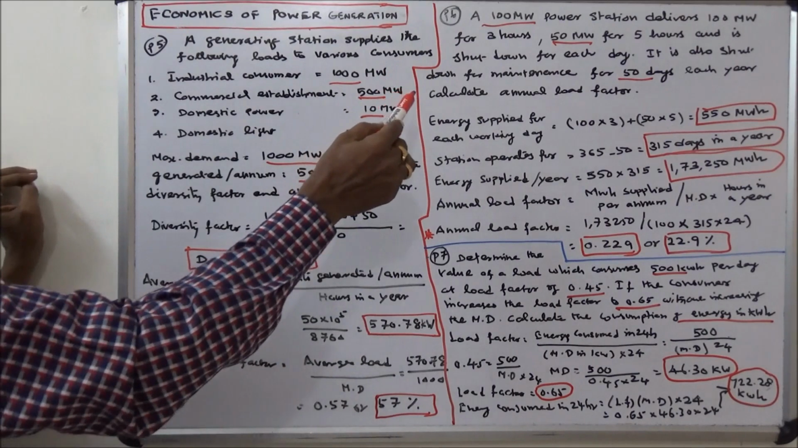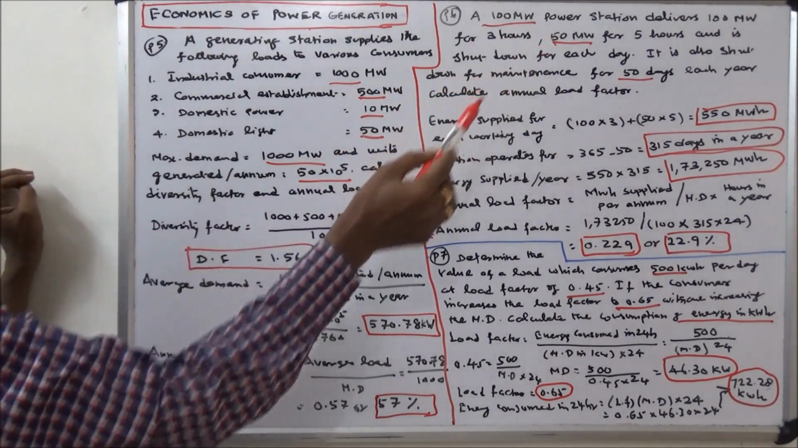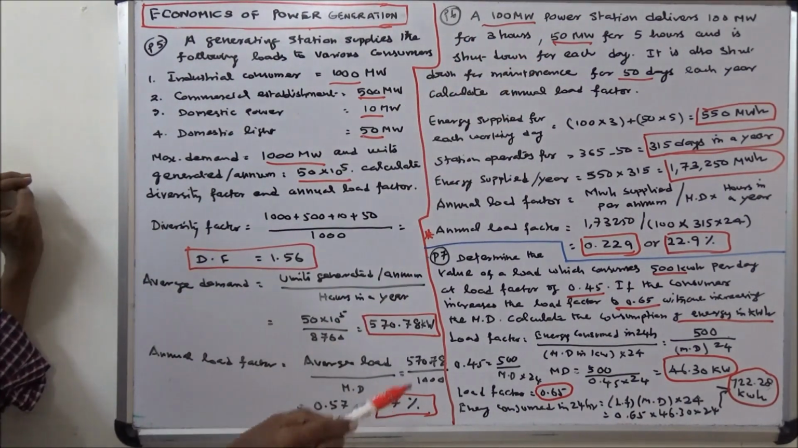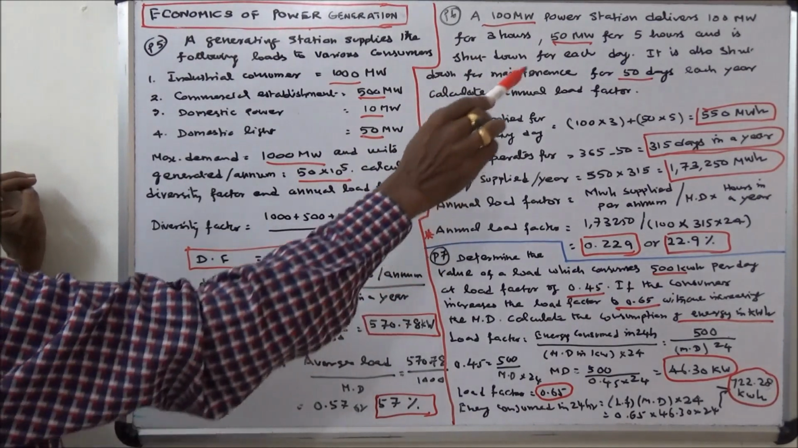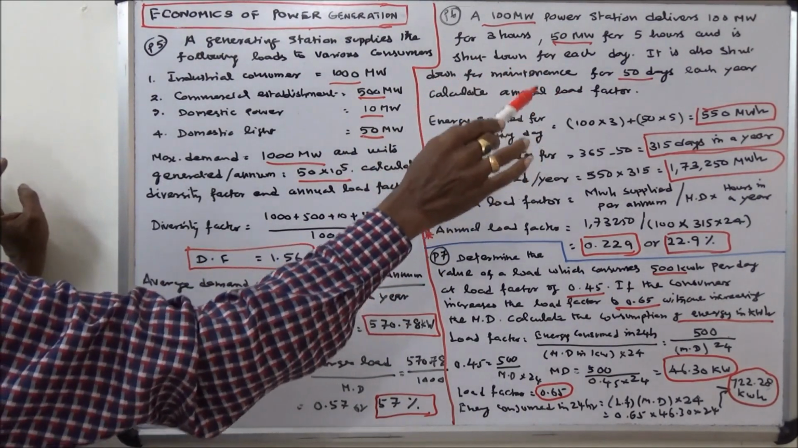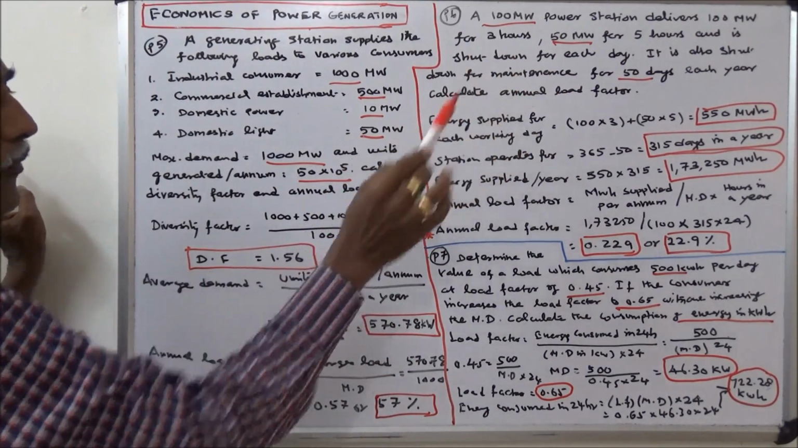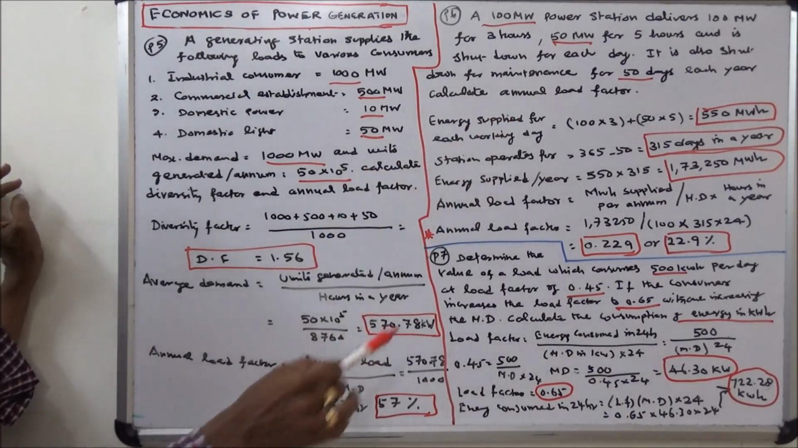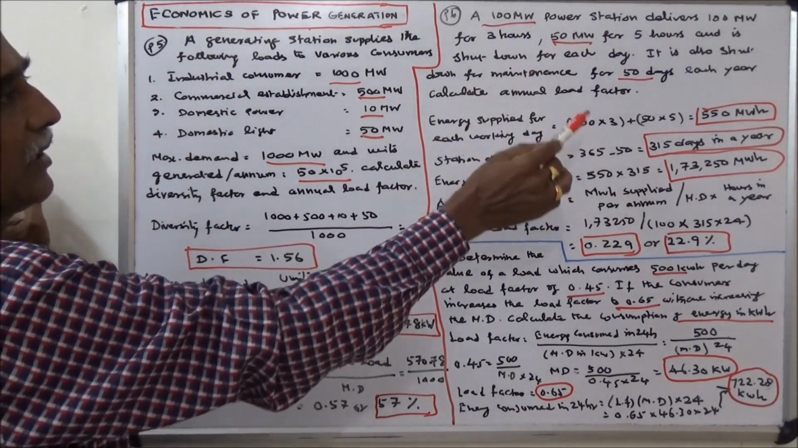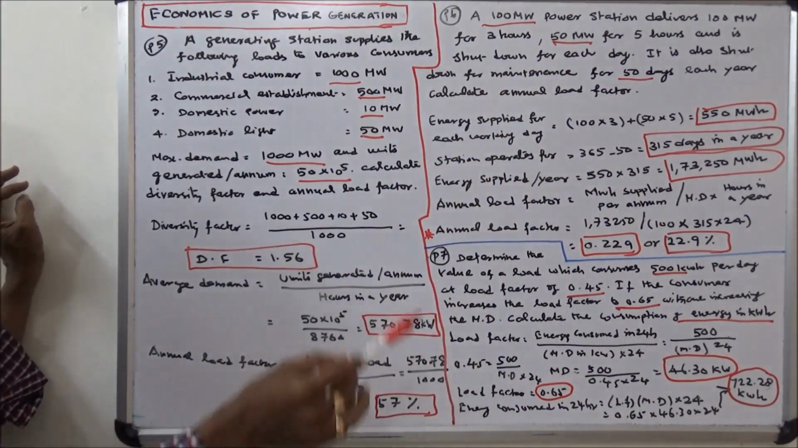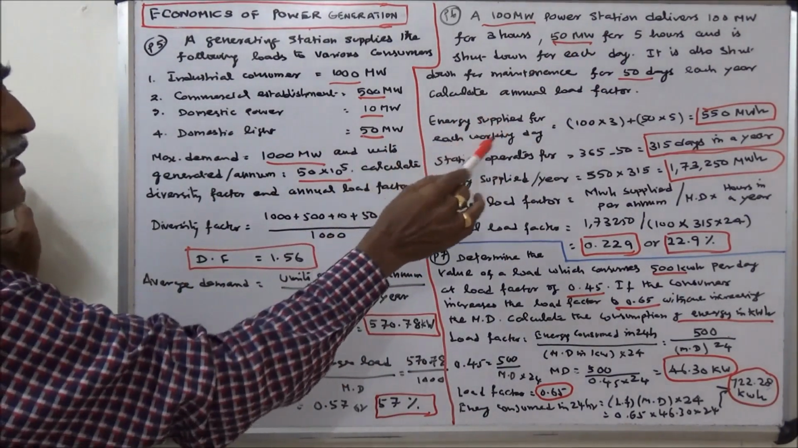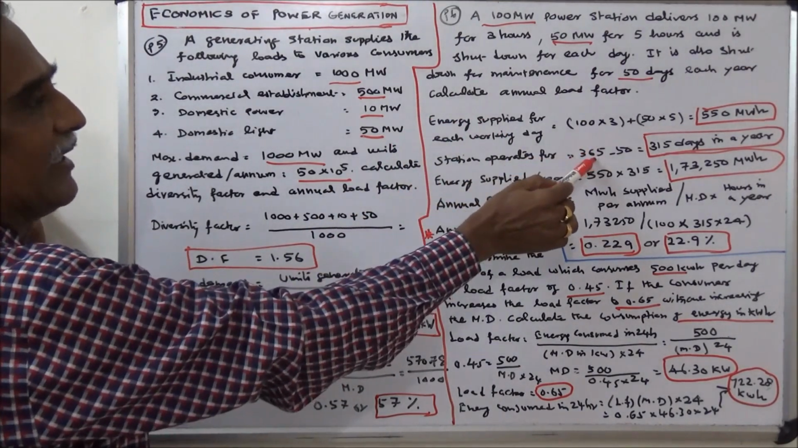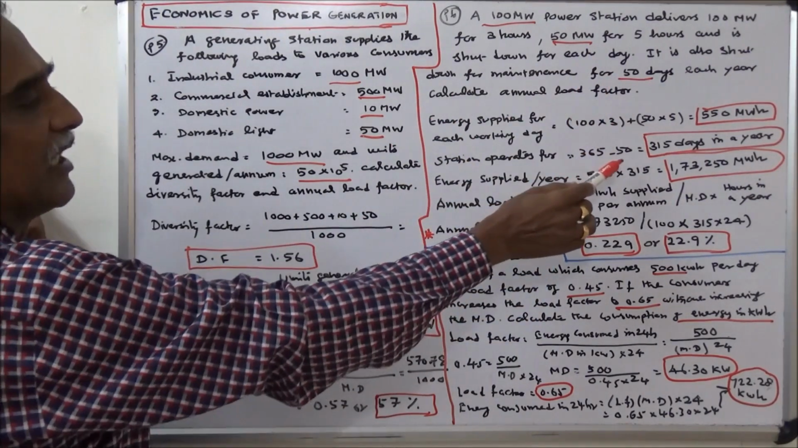Sixth problem. A 100 megawatt power station delivers 100 megawatts for 3 hours, 50 megawatts for 5 hours, and is shut down for the rest of each day. It is also shut down for maintenance for 50 days each year. Calculate annual load factor. First we have to calculate energy supplied for each working day. So 100 into 3, 300, plus 50 into 5, 250, is 550 megawatt hour. That is energy supplied for each working day. Station operates for a year, that is 365 days, less 50 days for maintenance, 365 minus 50 is equal to 315